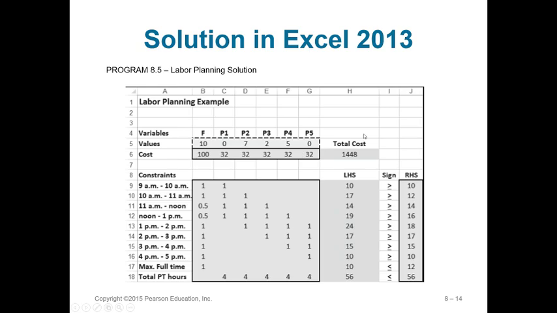You toss this into Excel Solver and it comes up with 10 full-time people starting the day. No part-timers start until 10 o'clock. 7 start at 10, 2 more start at 11, 5 start at noon, and no more start at 1. And then, 4 hours later, these people get off, and these help to close. And so your 10 full-timers are there throughout the day. Your total cost minimized is $1,448, and you have